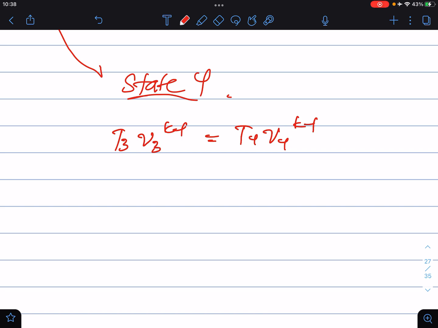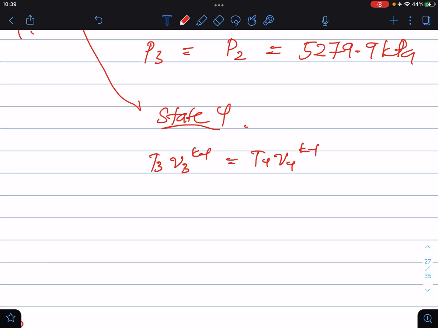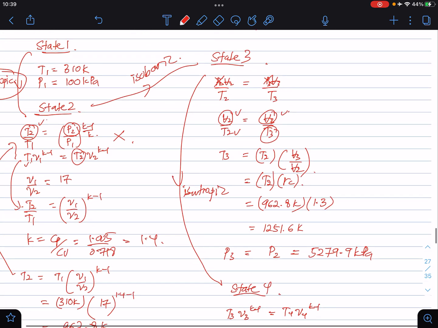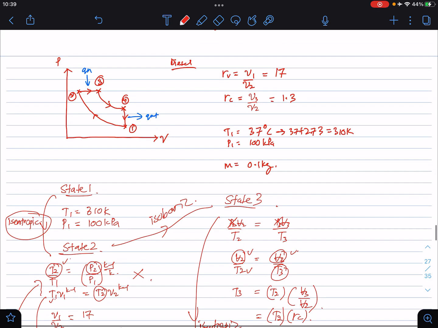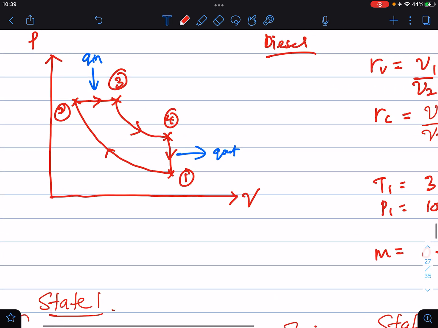We want to find T4, but we need to look whether we have the value of V4 over V3. Since V4 over V3 is not directly given,